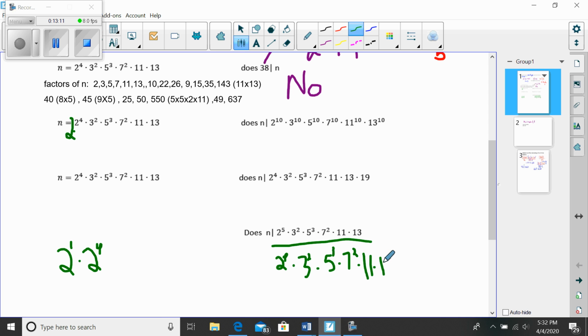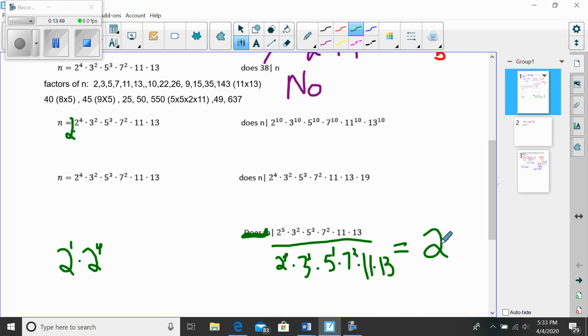If I want to know if I found a correct multiple, n has to be able to divide its multiple, if it is in fact a multiple. So I'm scribbling this out because right now I'm showing this as a quotient. Is this number in the numerator divisible by n? And it is, because I would get 2 when I divided it. All these things would cancel, and 2 to the 5th divided by 2 to the 4th just leaves me with 2. Okay, so that's how I test to see if I have in fact